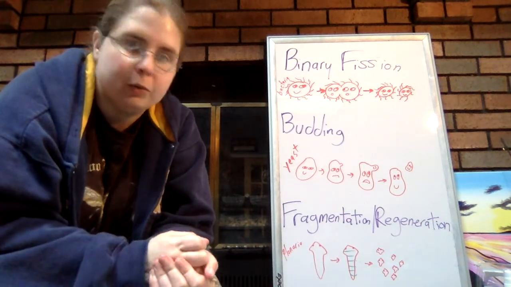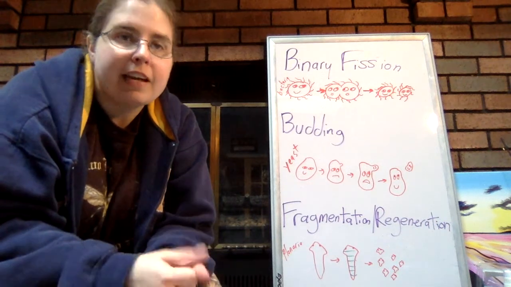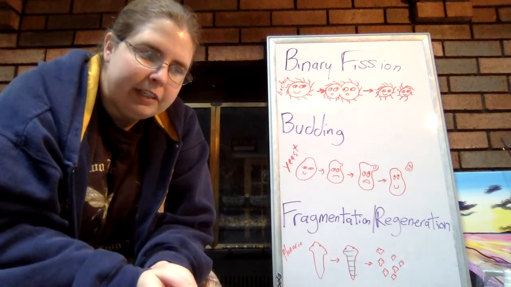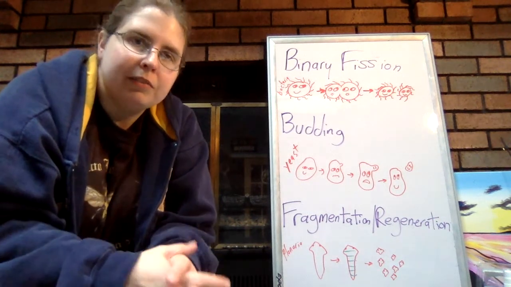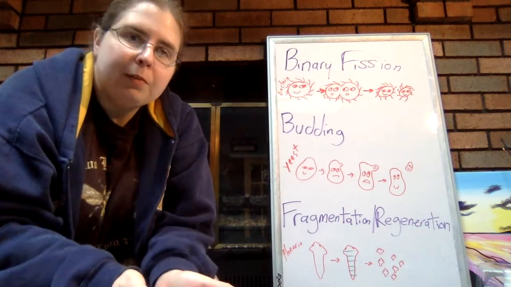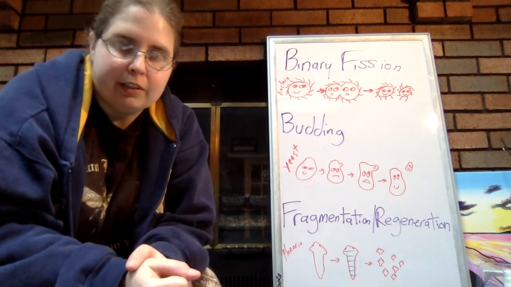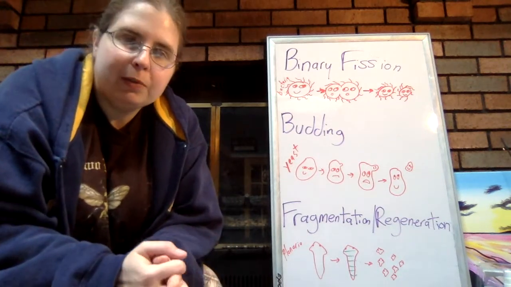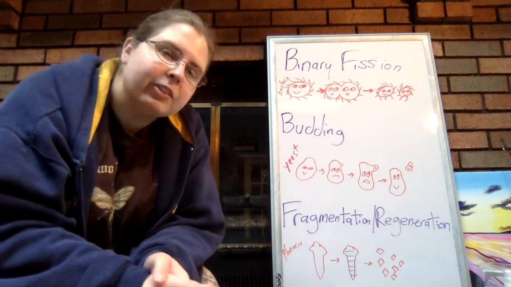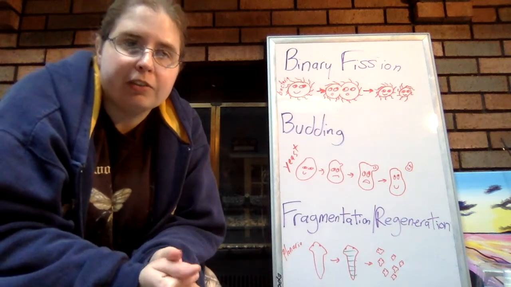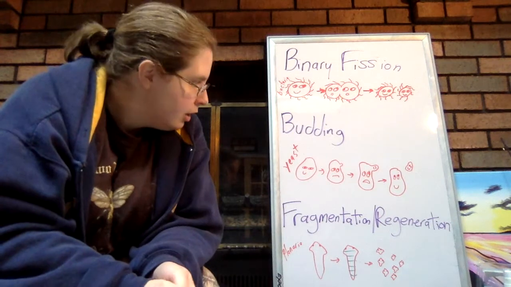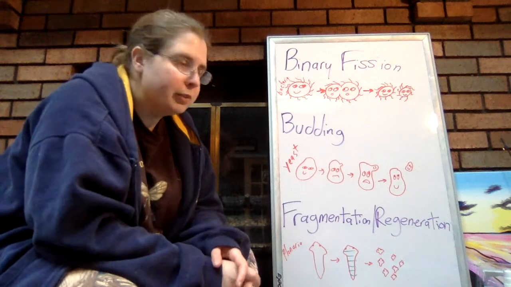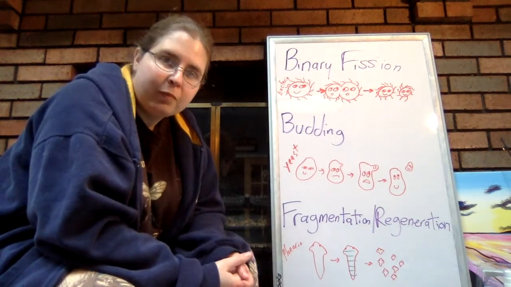Alright, so today for my bio kids, we're going to talk about the last thing that we were discussing before we went into social distancing. And that is asexual reproduction. Asexual reproduction is when an organism essentially makes a clone of itself naturally, so it makes offspring that are genetically identical to itself. This is different from sexual reproduction, where you have an exchange of genetic material in order to get genetically unique offspring. With asexual reproduction, there is no exchange of genetic material, which is why the offspring are genetically identical.